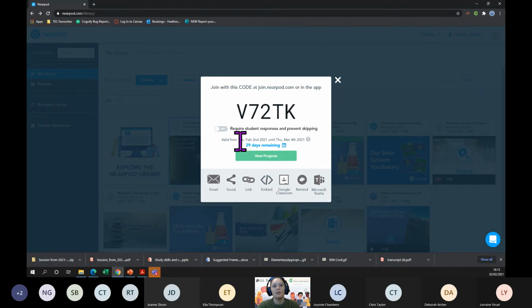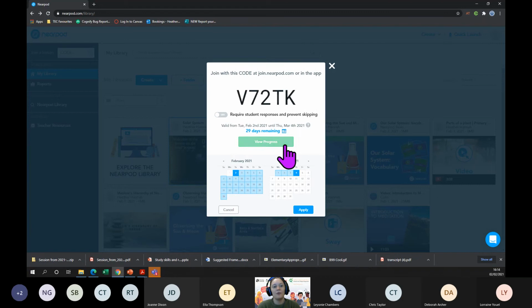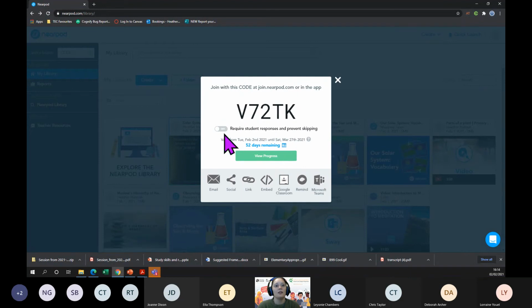It does give you a date of when you have to set it. So you can set the date for how long they've got to do it as well, which is really useful. If I click apply, you can require student responses to prevent skipping. What that means is they have to complete the work. If I wanted to add this to Microsoft Teams, I can do so by clicking Microsoft Teams. And if you've got a class team,